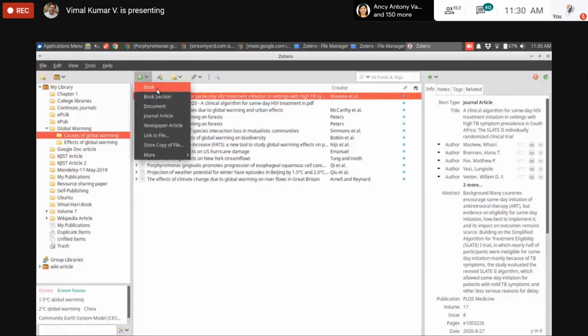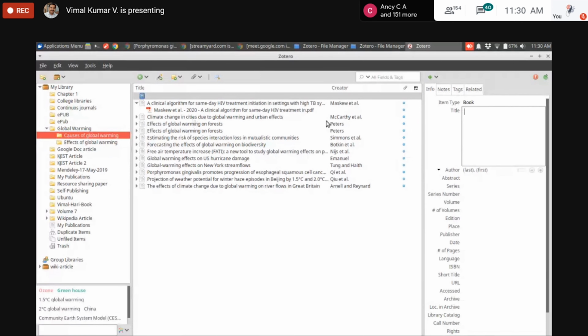Suppose you are going to add a book. Just press on book. On the left side, it will open boxes where we have to enter the book details.